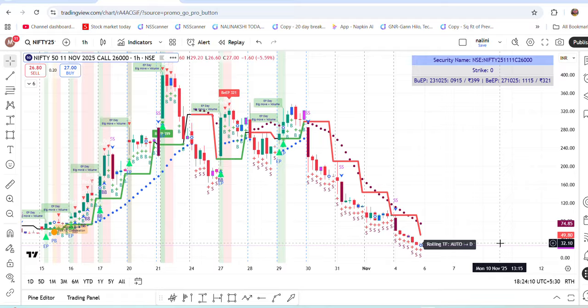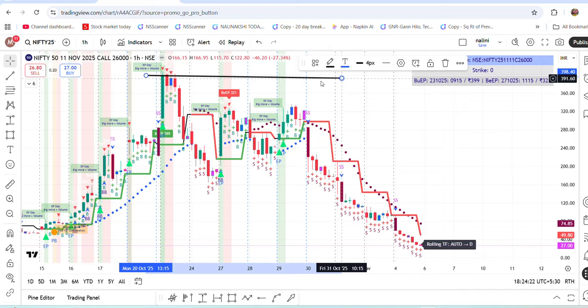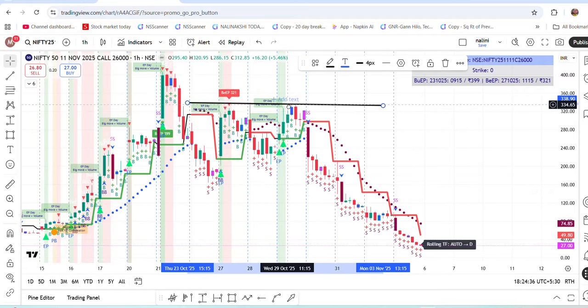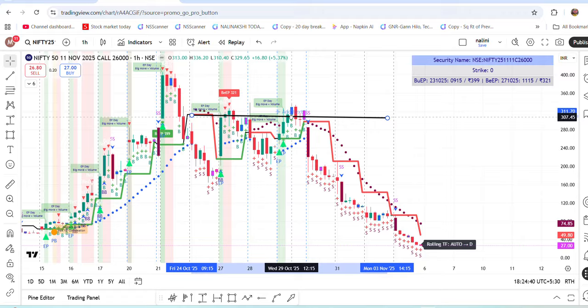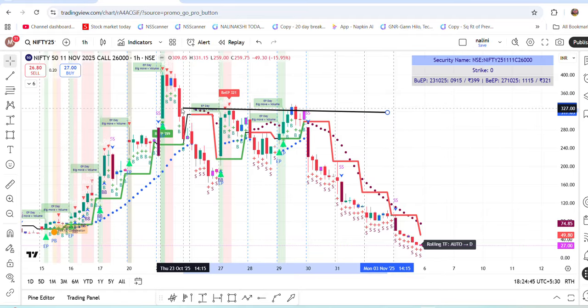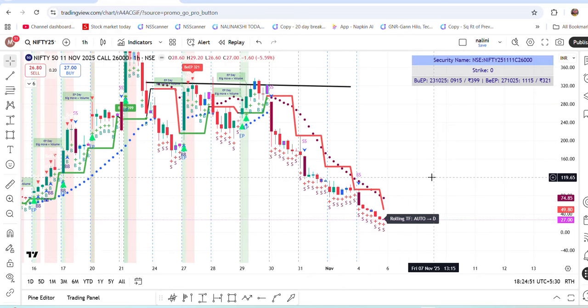They could have written this call option by seeing the EP. See, it is mentioning 399 is the buy EP here, 399. And after all the drama, the final EP on 27th was 321. So if I bring this, it comes to 320, 332, when the price could not go above this 321 here. Approximately I'm applying. It's confirmed, the next day is a breakdown, continuation of the trend move.